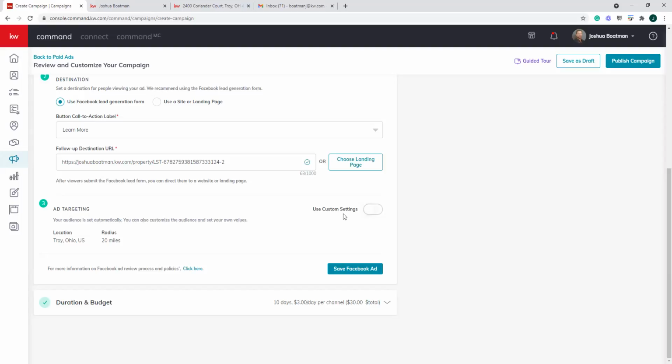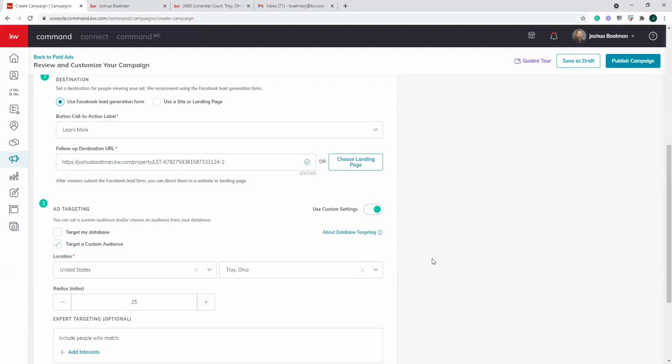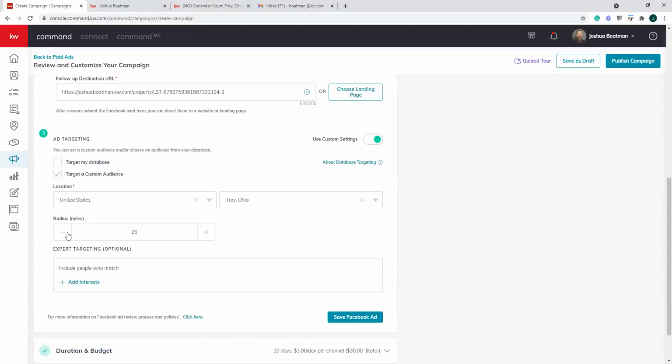If we want, we can flip the switch, use custom settings. And this lets us do a couple different things. First, we can adjust the radius, right? We can go as low as 15, can't go any lower. I don't know how high we can go, but you can go up to 30. We'll just say 30, right? And you can do a wide range. I'll probably do 20. The other thing that I want to point out are these checkboxes up here, specifically the